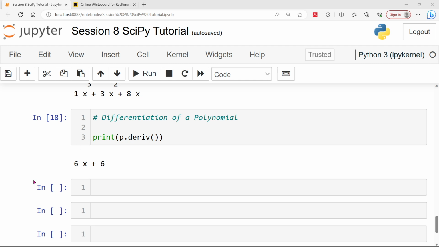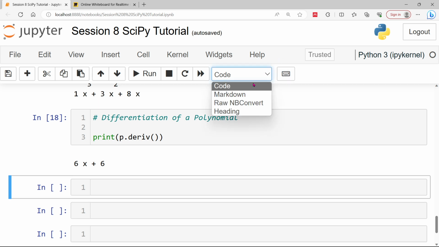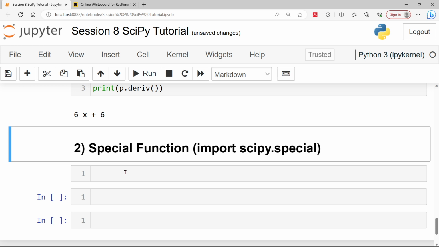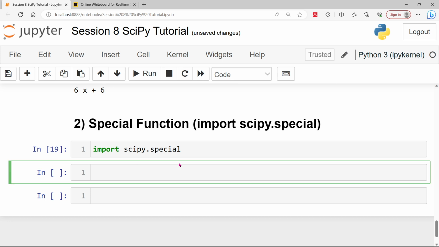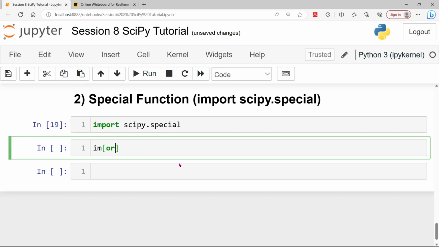Next part we are going to include, we have this markdown. Then we have the spatial function where we are calling import scipy dot spatial. So I'm going to import this scipy. It should be code here. So scipy dot spatial, right? So I have just imported it there. So now I'm going to import